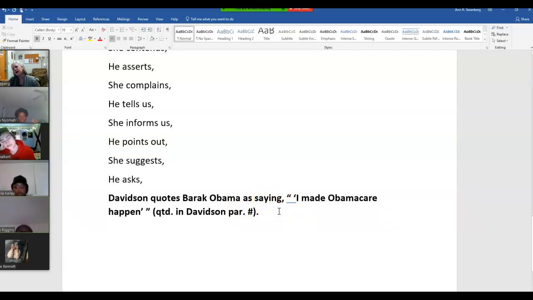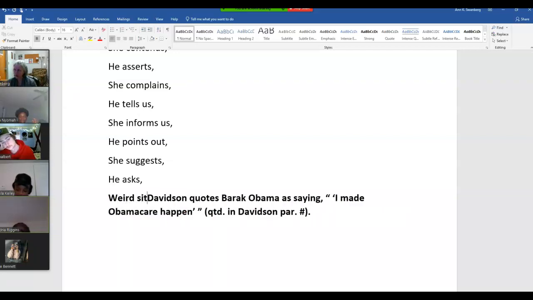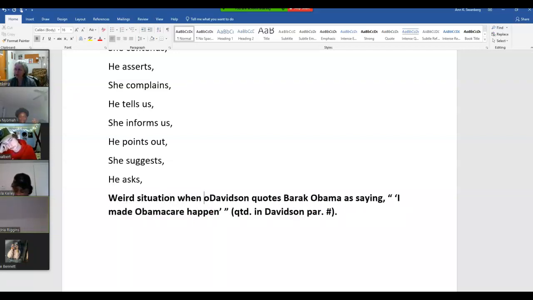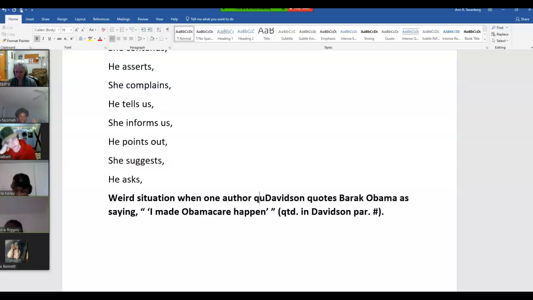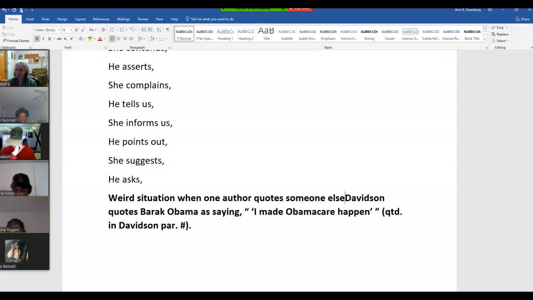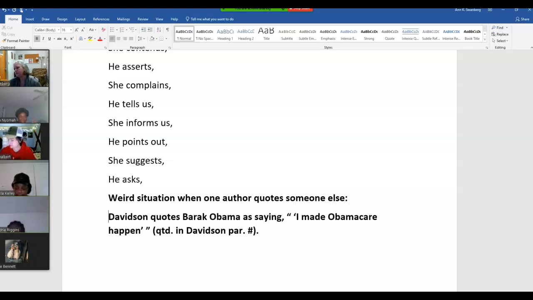Now, that's only if you have that situation. This is a weird situation. I'm going to even label this weird situation: when one author quotes someone else. And then you follow that format. And remember, you might need to say, Johnson quotes the mayor of New Orleans saying, comma, quote,